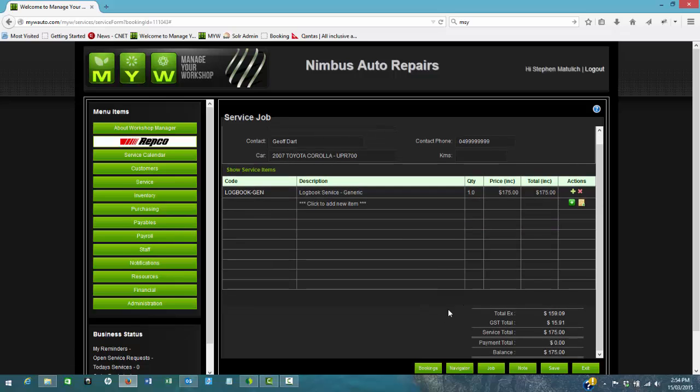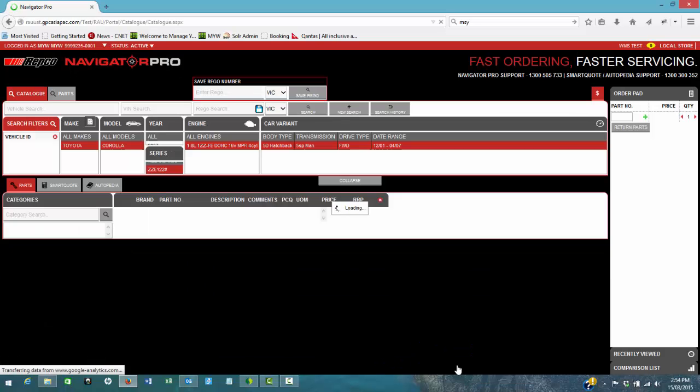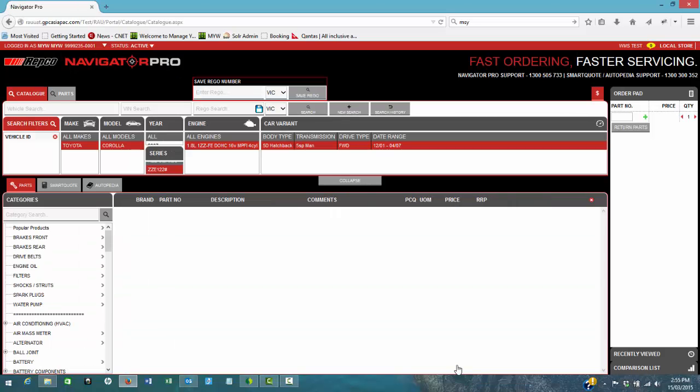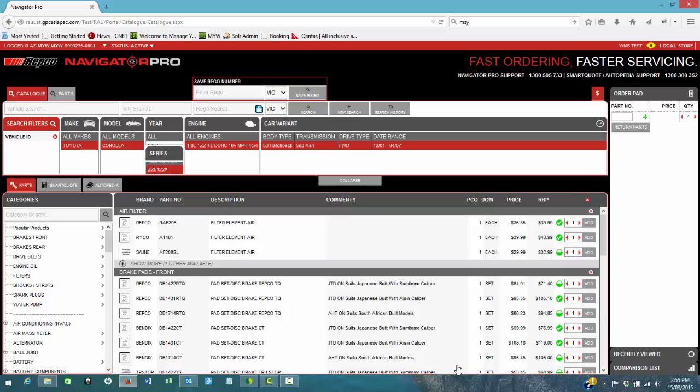So doing it from Repco is very simple. We just click on the Navigator link there. You'll see it says order job parts from Navigator. This is fully integrated, so as soon as we click on this we'll see that it automatically loads up Navigator for us. And because this vehicle has a Repco ID associated with it, in other words we've